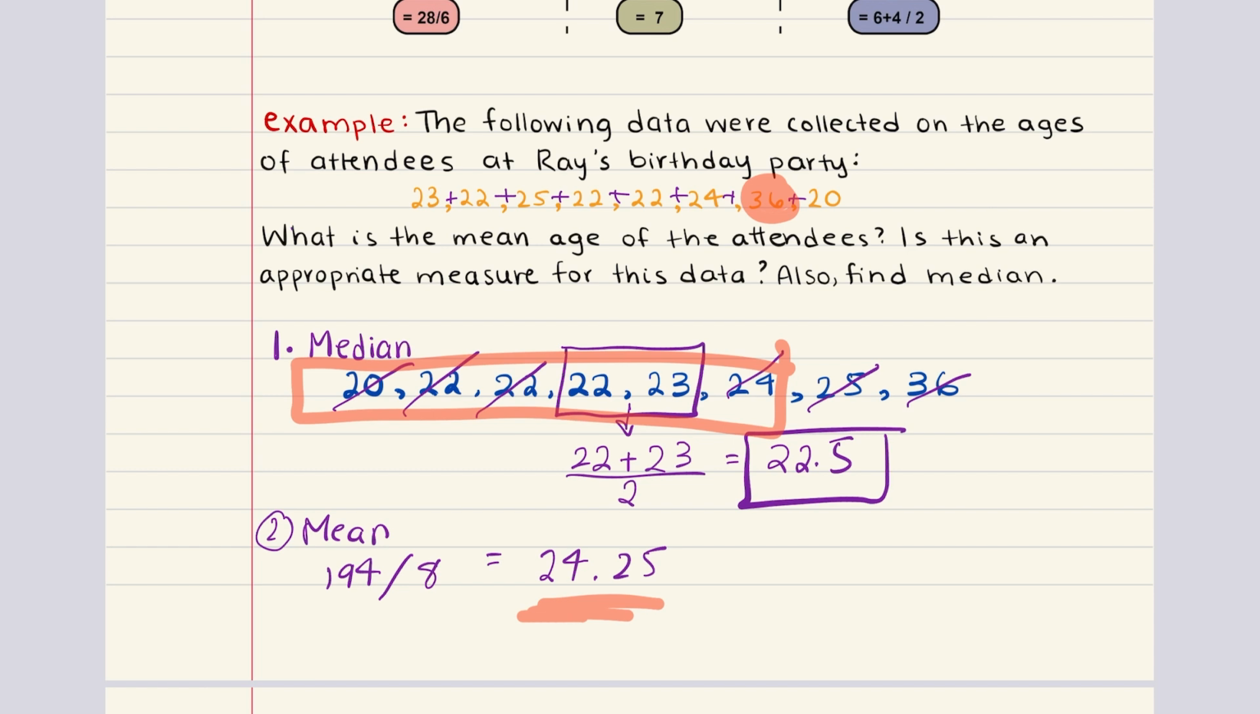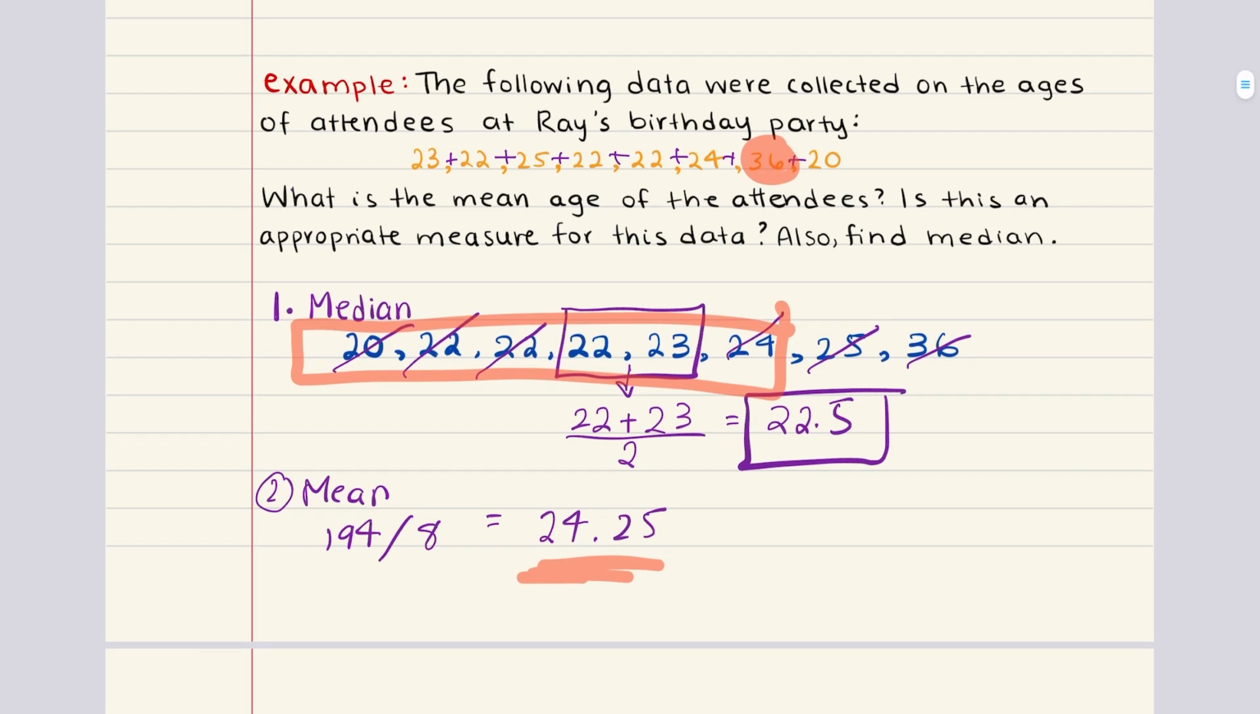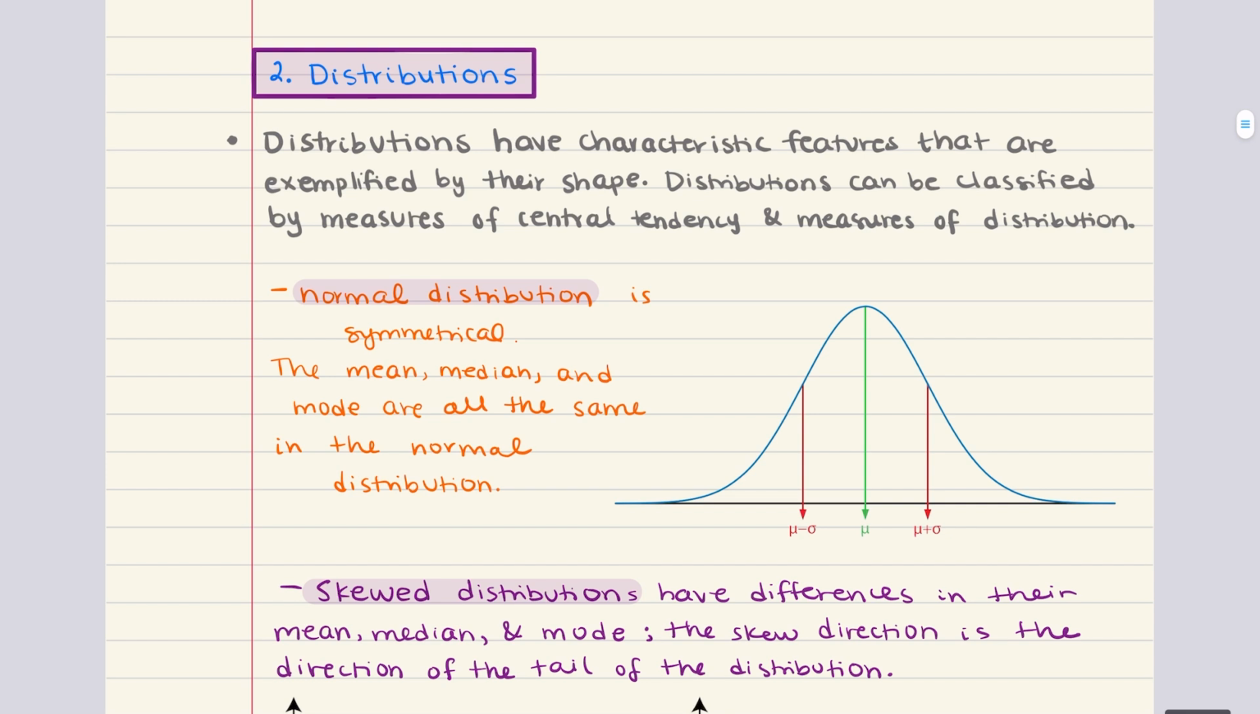Looking at the median, however, the median is unaffected by the outlier and it lies close to most of the values in the data set. So we can say that the median is actually a better measure of the central tendency for this data set than the mean. And with that, we've solved this problem, and we can go ahead and move into the second